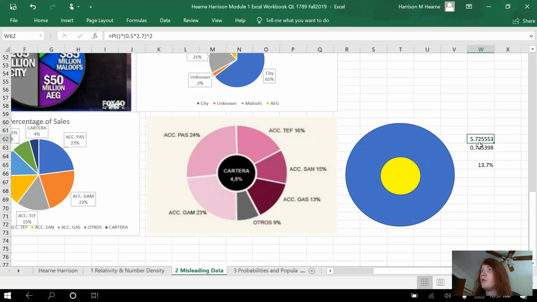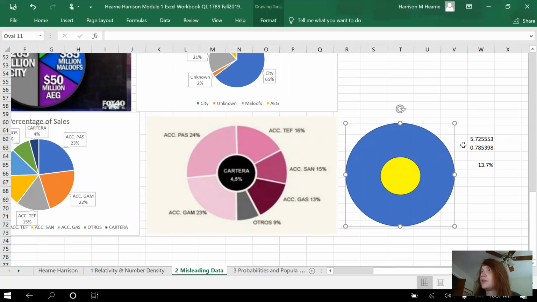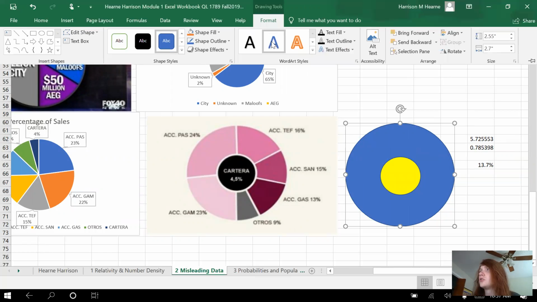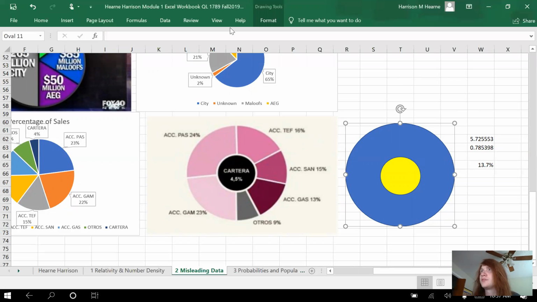So we found the area of this blue circle, and the way that you can do that is if you select the circle, so there's this box around it, and you go to format. Let me see if I can,